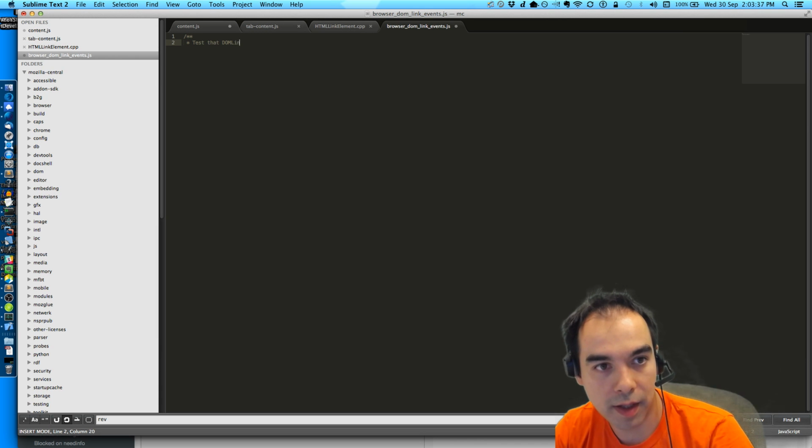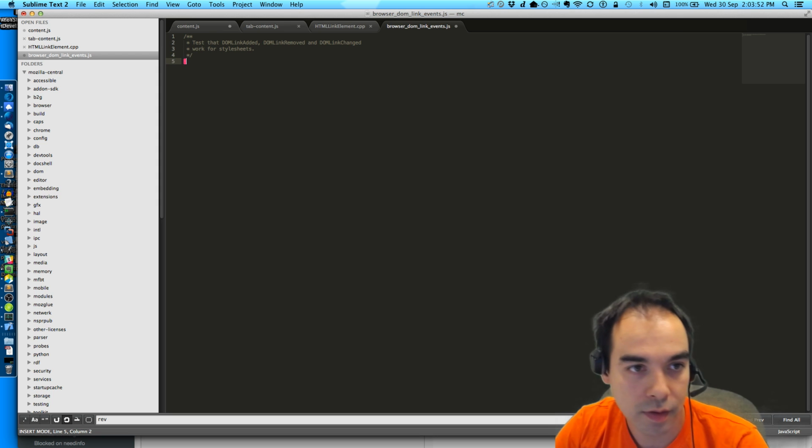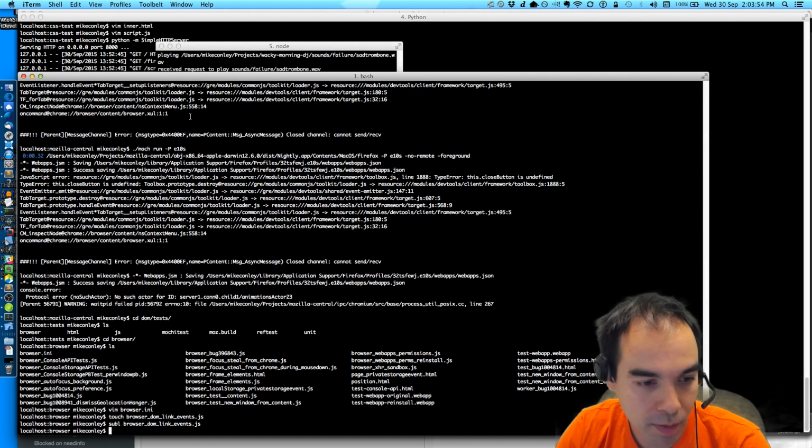Test that DOM link added, DOM link removed, and DOM link changed work for style sheets. Maybe I should rename this DOM link style sheet events.